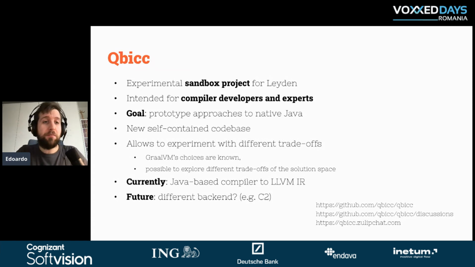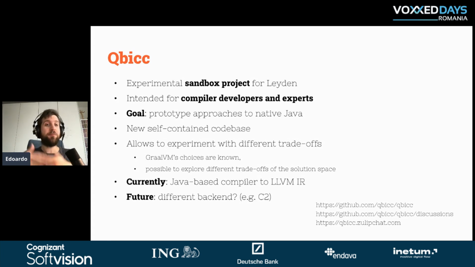And I wanted to mention this project that I've been spending a little bit of my time on when I can. It's a project from a lot of contributors from Red Hat and IBM, and it's open for contribution from other people as well. It's called Cubic, and it's an experimental sandbox project where people can experiment with creating a native image compiler for Java. It's all written in Java itself, and the